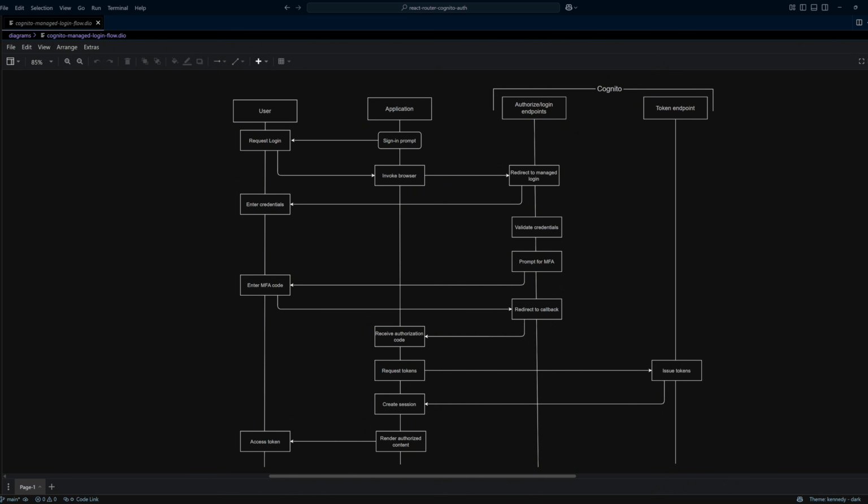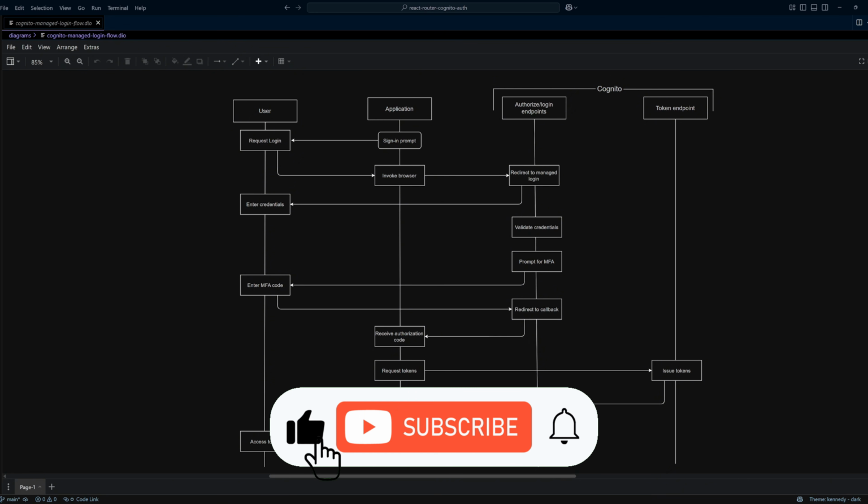In this tutorial, we will use the data in the ID token to create a session, and we will discard the access and refresh tokens. In future videos, I will show you how to use the access and refresh tokens, so